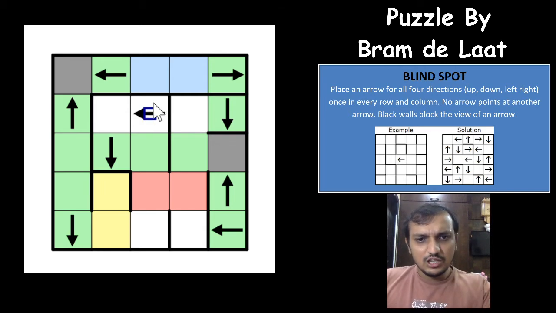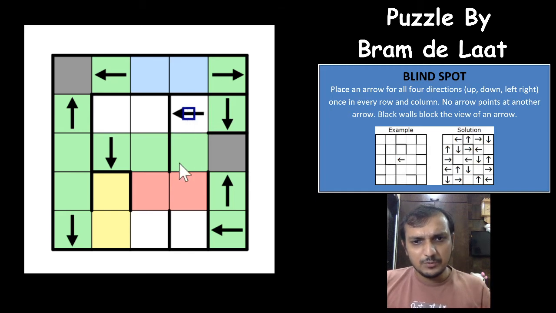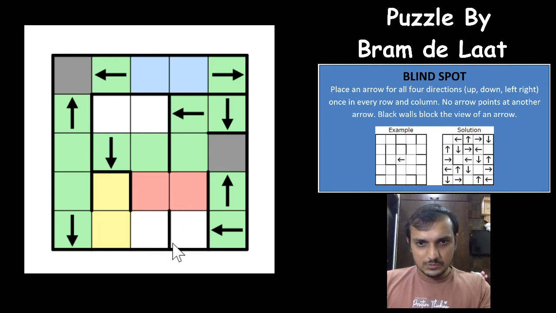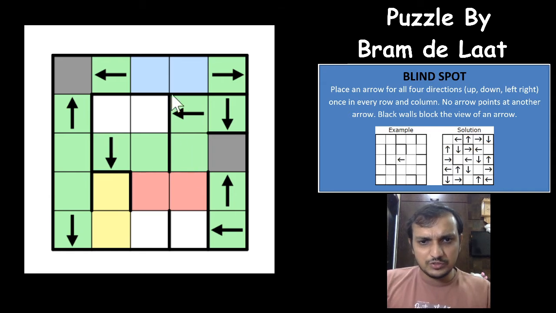So as I can see, you cannot have the left arrow here, because there is no way you can place the right arrow here. The right arrow will point towards the arrow here, this arrow, right? So not possible. So left arrow cannot be here, cannot be here. So left arrow would have to be here, right? So this is an arrow here. You cannot have an up arrow here now, because we already deduced that up arrows will have to be in one of these two cells and in these two cells, and of course up arrow cannot be here now. So which means that up arrow will have to be here.